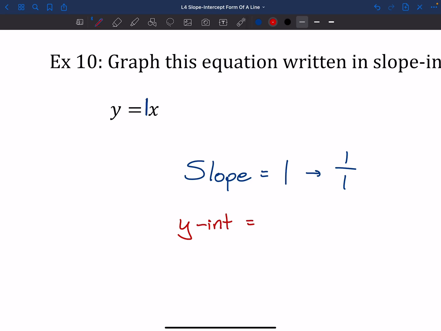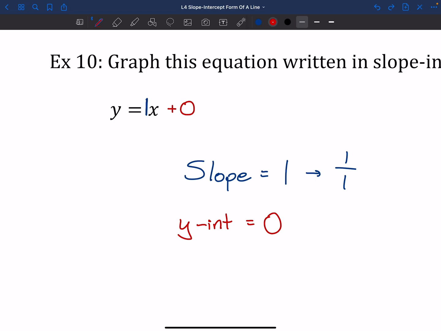And just like the slope, there isn't a number there, right? Like, what are we supposed to do? So what we can do here is, would you say that 1x and 1x plus 0 are the same thing? Hopefully you would. Adding 0 doesn't change anything. 1x and 1x plus 0 are the exact same. So we would say that 0 is our y-intercept. If you ever have a problem where it doesn't have anything for a y-intercept, think about it as plus 0,